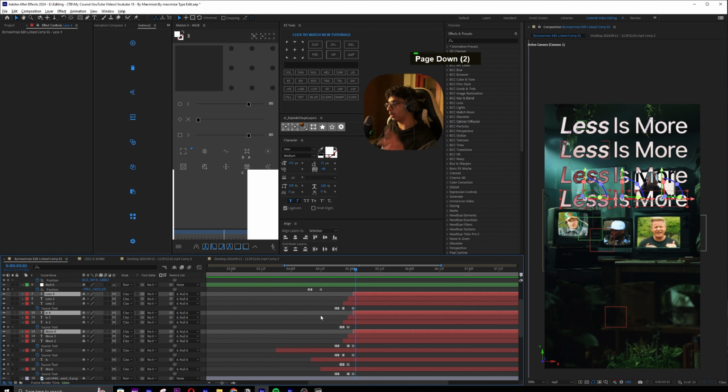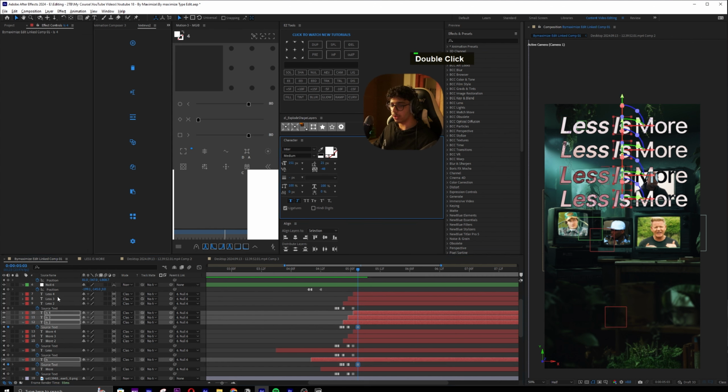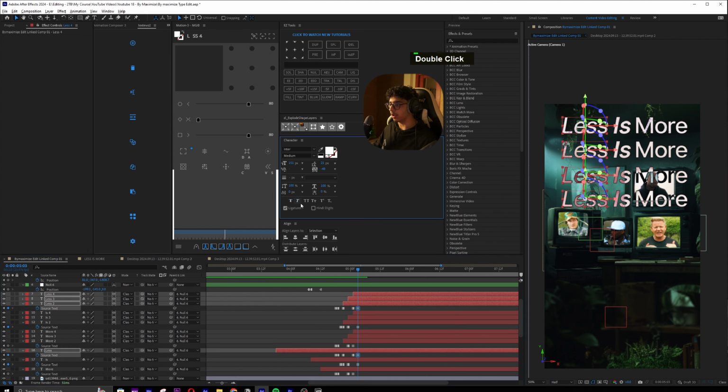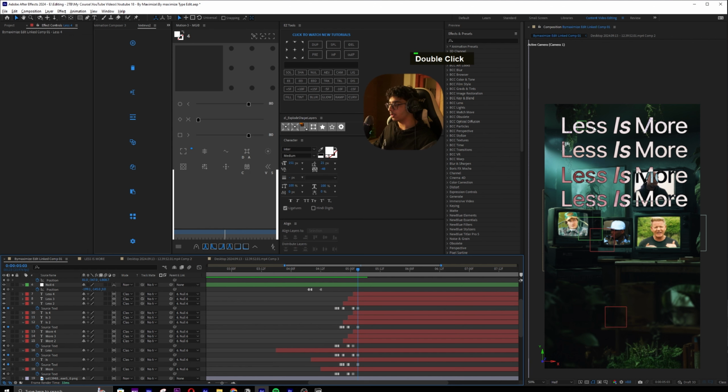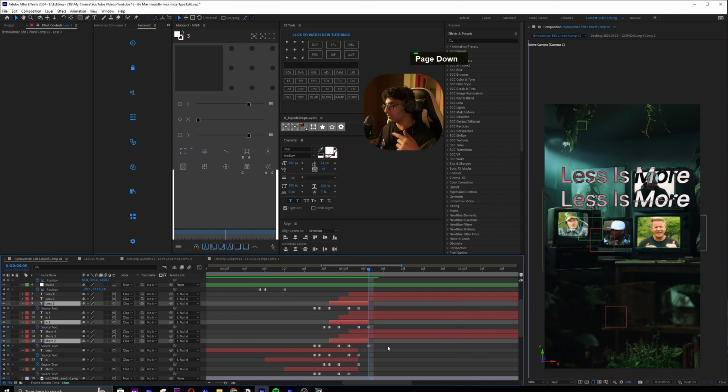Now let's count 1, 2, and we'll basically flip the cycle back again. So I'll take all of the is text, make all of these bold, and take all of the less text and unbold all of these. And at this point, the first line, which is less, 1, 2, and 3, will cut out. Now count 2 frames again. 1, 2. Now let me select all of the is, which is these 3 is, remove, take all of the more, add, and I will cut the second less is more. Now give it 1, 2. We're just gonna keep doing this.